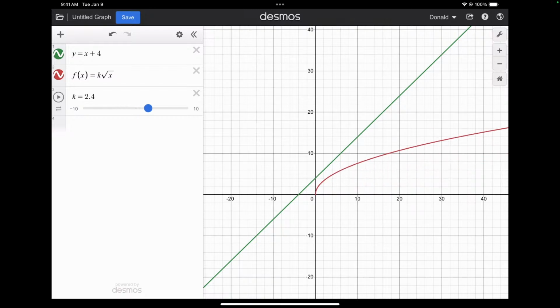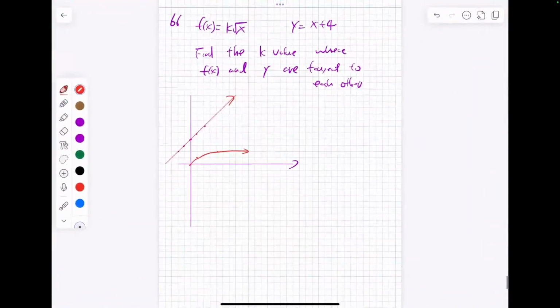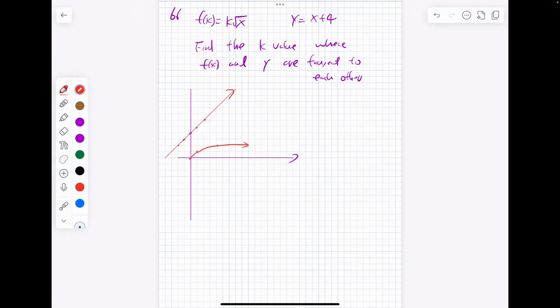But at one point they are going to be tangent to each other. Do you see that? But at that particular point where they are tangent to each other, two things happen. We know the answer is 4, but we need to find it mathematically. So we know that if this is tangent to each other, if that is going like this,